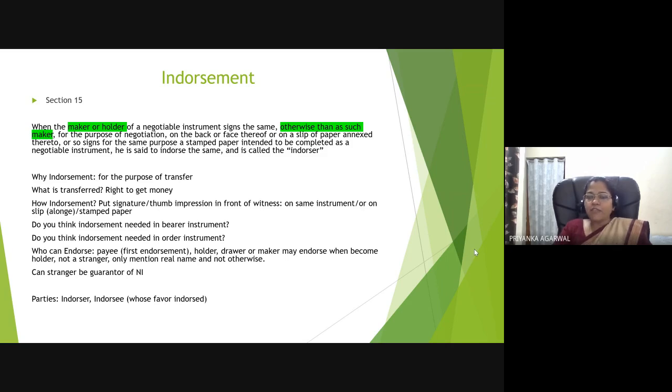You have mentioned the power of holder, as in, the maker can. Please switch on the mic so that everybody can understand and discuss. You have mentioned that A draws a promissory note in favor of B. Yes, so B becomes the payee and A becomes the maker. Then how does A become a holder of the instrument? B is holding that instrument, right?